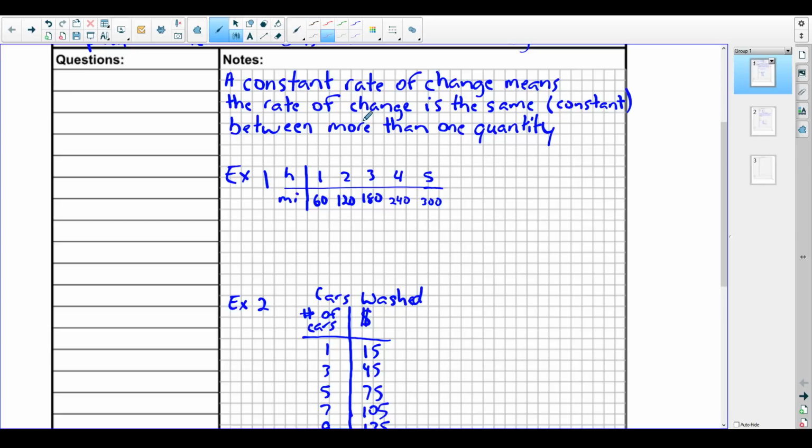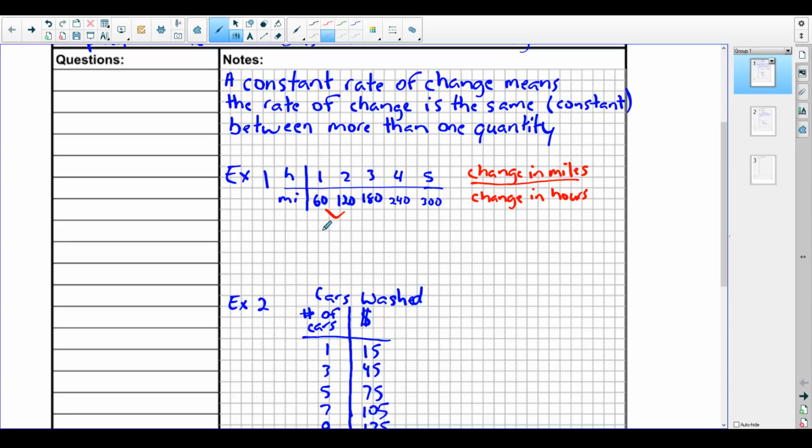So what we're looking for is, what is our rate? How is it changing? So we want to know what's our change in miles compared to our change in hours. So if we look at change in miles, we just pick any two, and we say, how are we getting